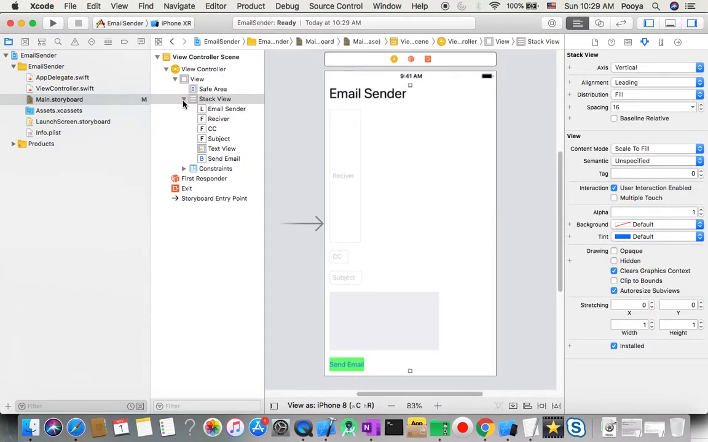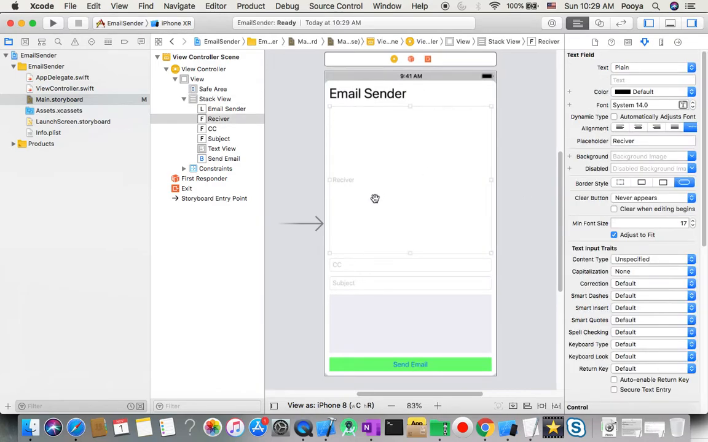Now I need to work on my StackView attributes. So I come to this attribute tab, and here alignment, I just say fill, distribution fill, and a spacing between them, I think 10 is enough. Yeah, I put 10, and here you will see receiver, which is the first one, gets the gap, because